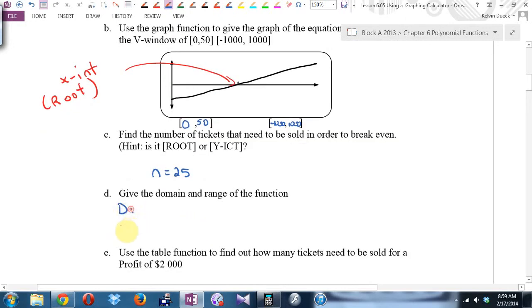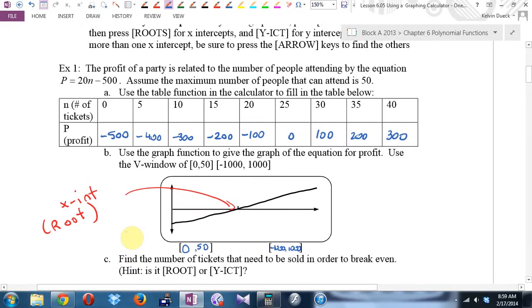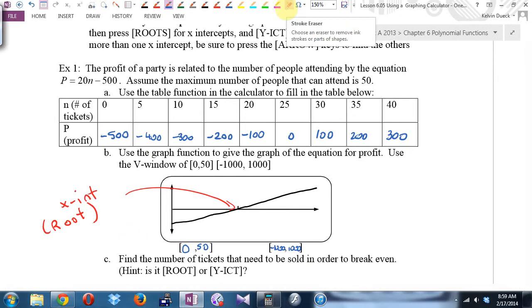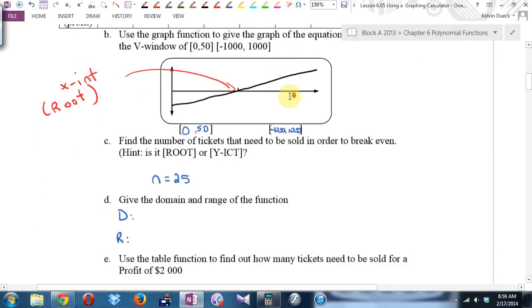Give the domain and the range of the function. Now, the domain and the range of this function are going to come from my original instructions. Remember, domain is your x variables, how far left, right. Range is your y variables, how high up, down. What's sitting where the x variable is in my equation, though? And what's the smallest number of tickets that I can sell? 0. What's the maximum number of tickets that I can sell? So the domain,